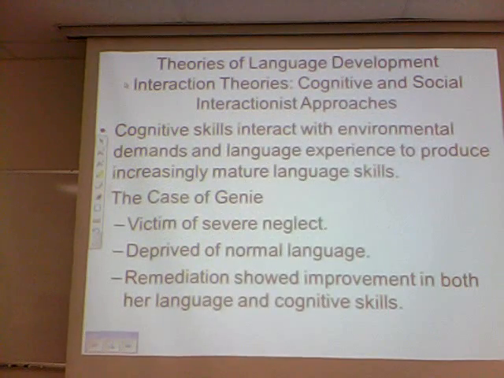Cognitive skills interact with environmental demands and language experience to produce increasingly